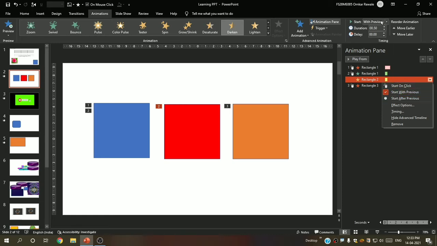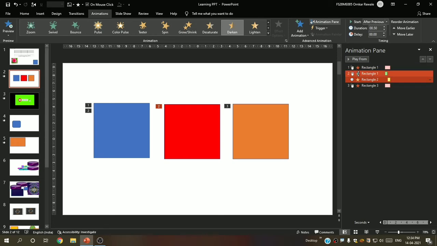These three options are the same as this start: on click, with previous, and after previous. Now when I right click again, you will see start on click, start with previous, start after previous. Now when I say start after previous, you can see here that the yellow rectangle has moved forward of the green rectangle.